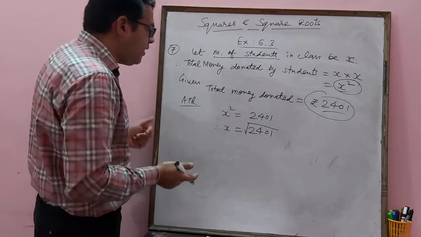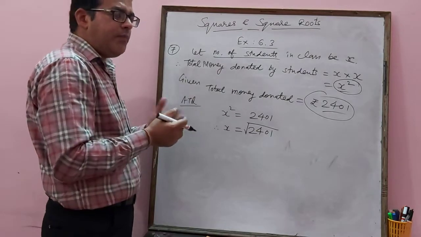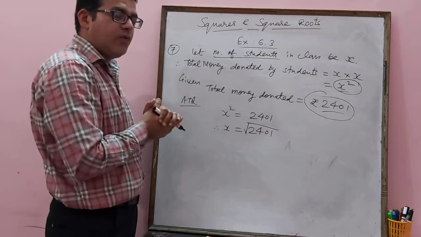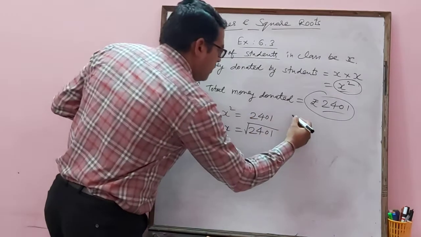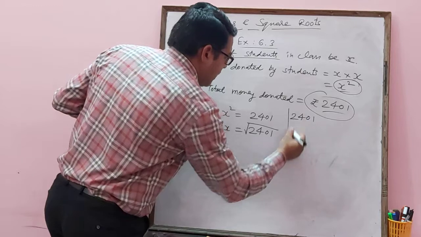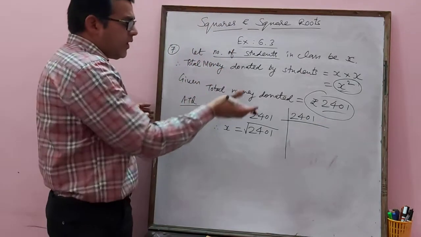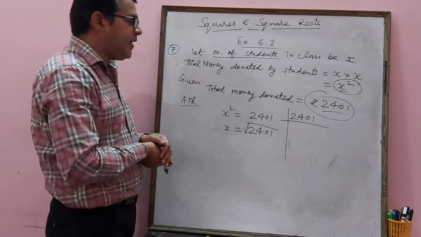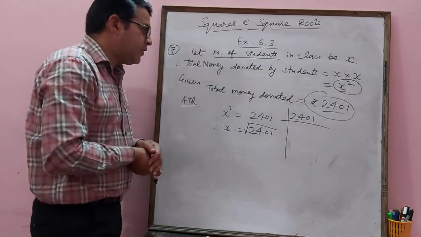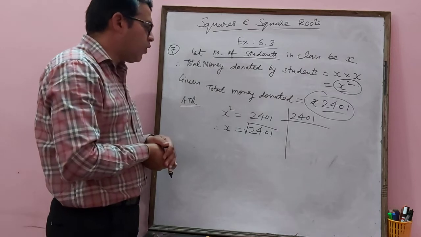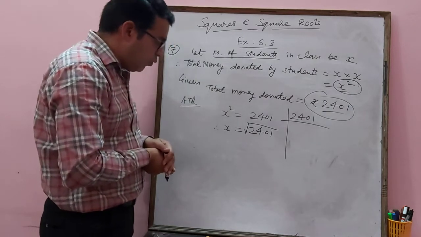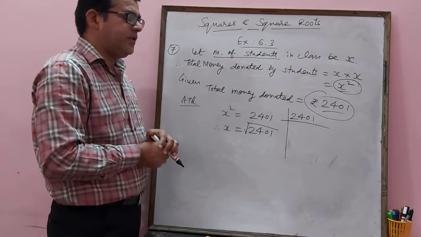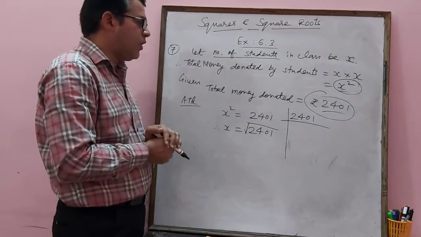How can we find it? You can find it by any method, but the prime factorization method is easier for you here. So let's prime factorize it. You can see here it is not divisible by 2. So we can try to divide it by 3. You can see by 3 also it is not divisible. Why is it not divisible? Because 2 plus 4 is 6, 6 and 1 is 7. By 2 or 3 it is not divisible.